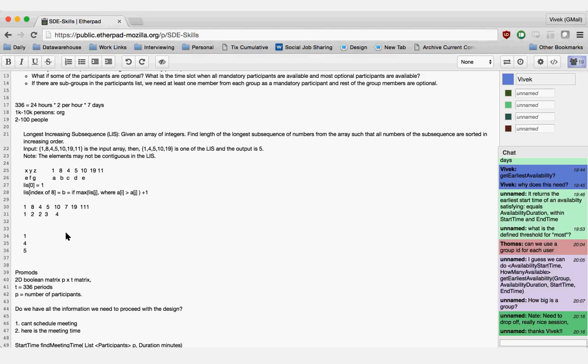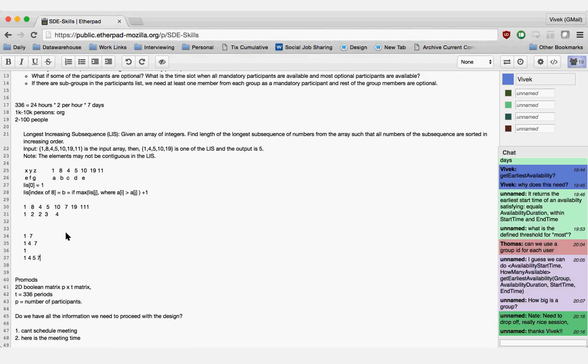We are trying to enumerate all the increasing subsequences till 7. It is either 1, 7 or 1, 4, 7 or 1, 4, 5, 7. What about 1, 5, 7? That's not possible, because for 5 we have already determined that the best value is 1, 4, 5.